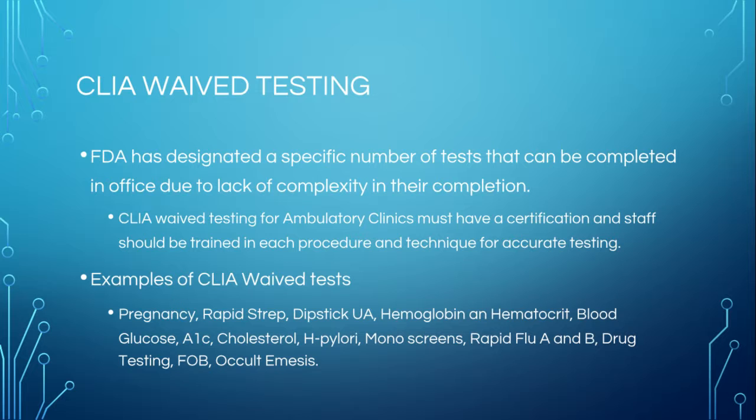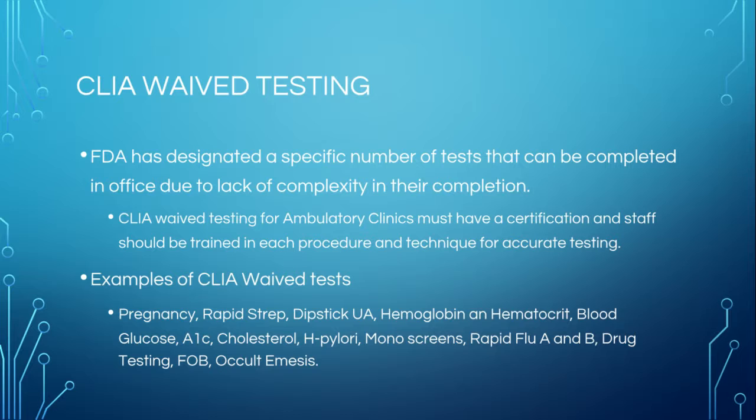Some of them you put the lid on and shake it, and it will tell you, or you put a card down in it, and it will tell you what it is positive for. So that kind of drug testing, fecal occult blood, which is FOB, is testing to see if there's blood in the stool, or blood in the emesis to see if there's a GI bleed. Those are fairly simple tests that can be done by a medical assistant, by a nurse, in a doctor's office, because there's not any complex